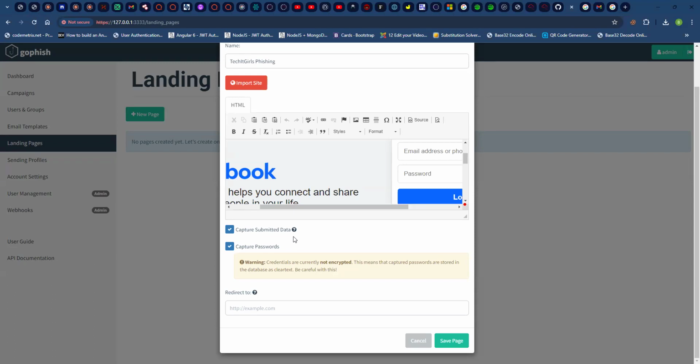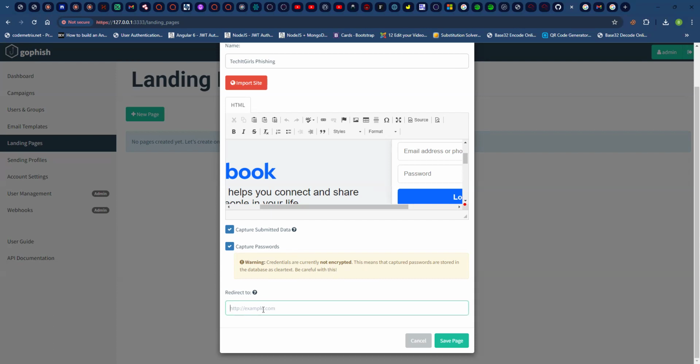So some organizations that want a full-blown test will tell you to go ahead and capture everything, but you need to actually ask the organization if this is something they want or not. Because if you capture passwords for an organization without telling them while on an engagement, it can give you some trouble. So you need to ask if you are allowed to capture passwords as part of your social engineering activity, if you are doing this for an organization that you have authorization to do it for. So if you check the box for capture passwords, that means credentials are not going to be encrypted. Whatever information the person enters is going to be in plain text. That is why you need to get authorization.